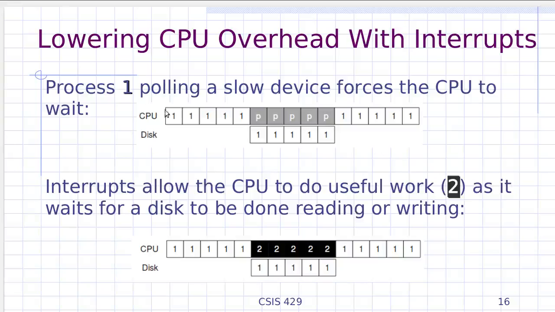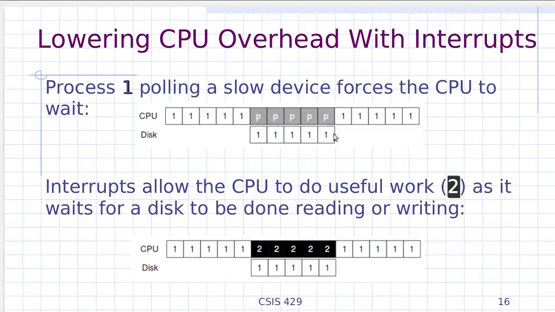Process 1 is running in the CPU for many cycles, and then all of a sudden it has to do I/O, and if it uses polling, then it's just sitting in that while loop. Is the device ready? No. Is the device ready? No. And this goes on for potentially millions of cycles,